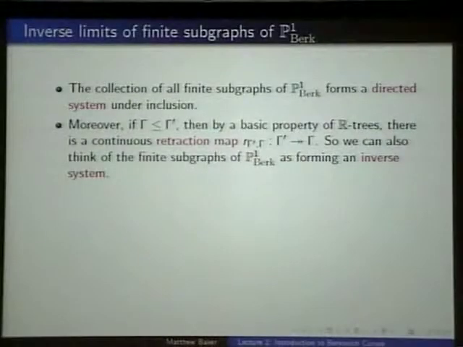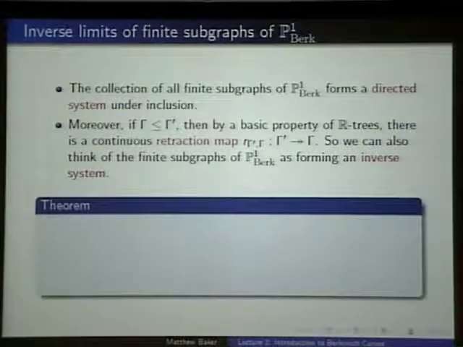But you also can form an inverse system, namely, if one graph is contained in another, then there's going to be a retraction map from the bigger graph, from the bigger tree onto the smaller tree. And so you can also think of an inverse system under these retraction maps. So you just contract the points of gamma prime that are not in gamma to the point where they're sort of attached to gamma. And the theorem